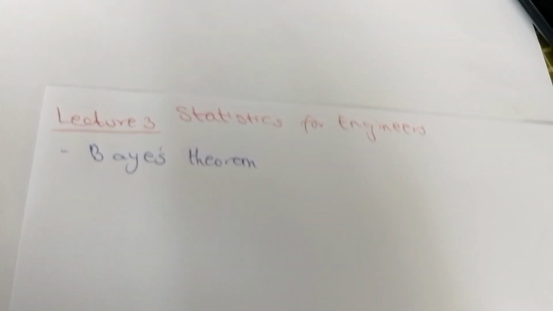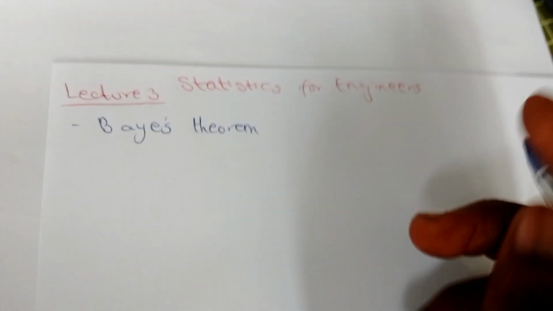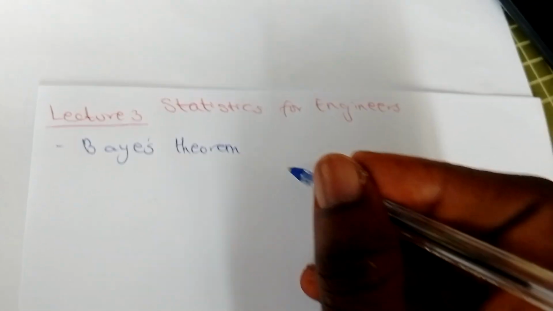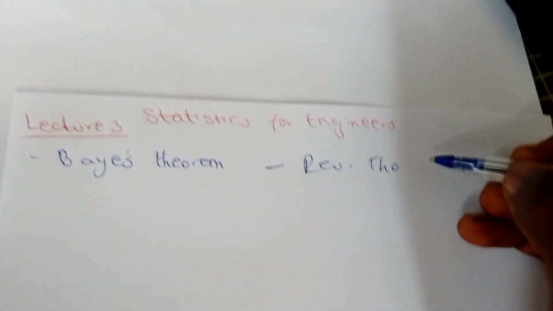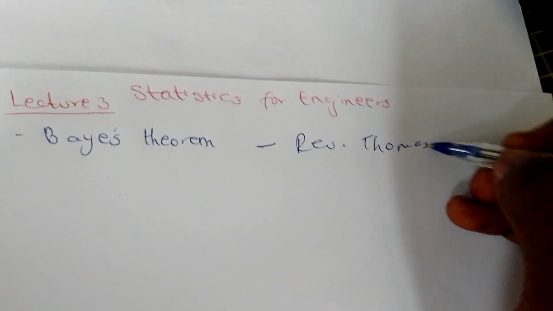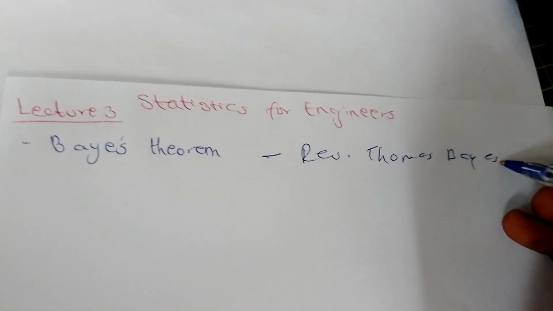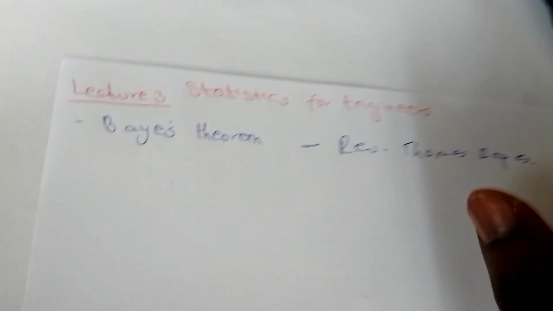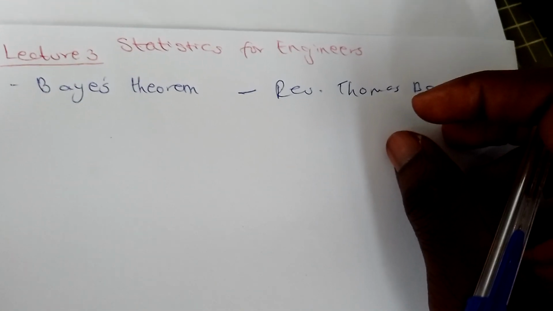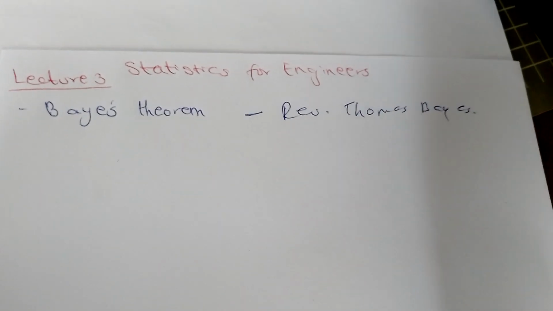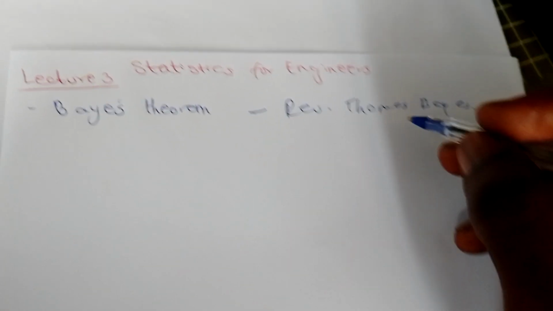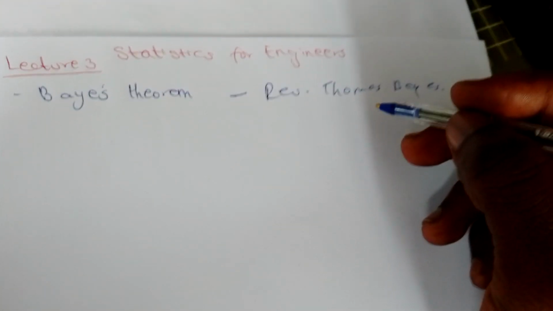Let's move on to something more interesting and talk about the Bayes theorem. The Bayes theorem is named after Reverend Thomas Bayes. The major idea behind this work, though he didn't publish it, he died before they named the Bayes theorem after him, but it was found in some of his unpublished work.